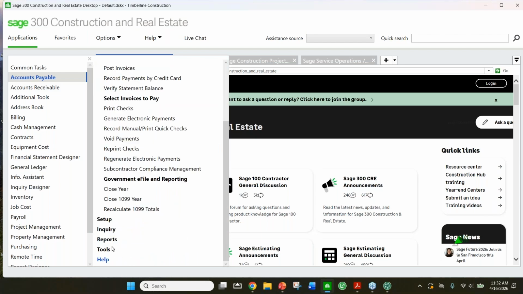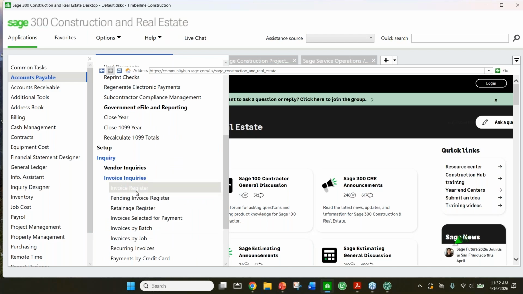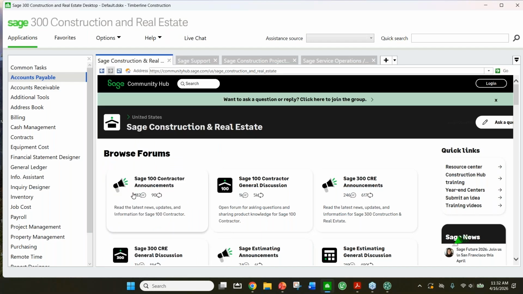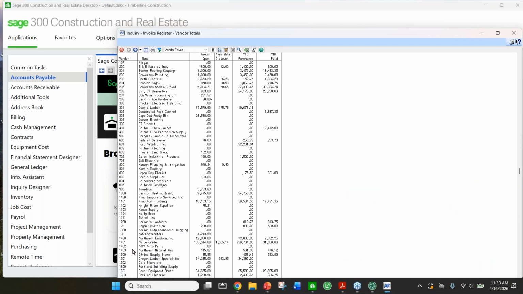The other thing we'll do, as I mentioned, we'll store a copy of the invoice in the Sage database. So while you can always go to TimberScan to view your invoices, and that's certainly the place to go if you wanted to see all your invoices for a certain job, if I was in Sage and I was looking at the invoice register, which is where I'm headed now, and I was looking at a particular invoice,